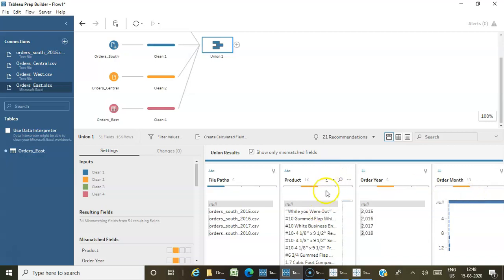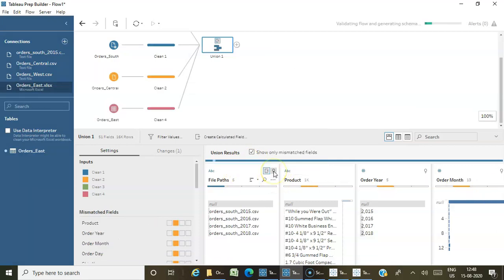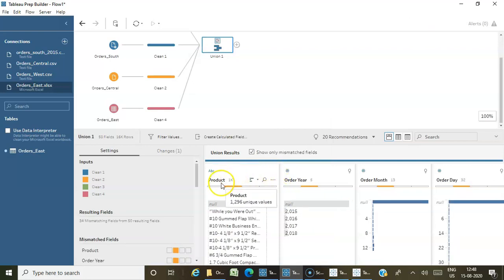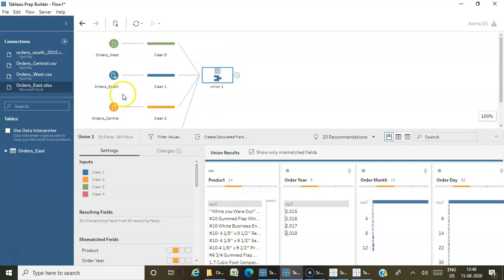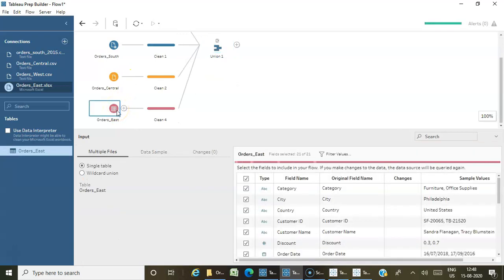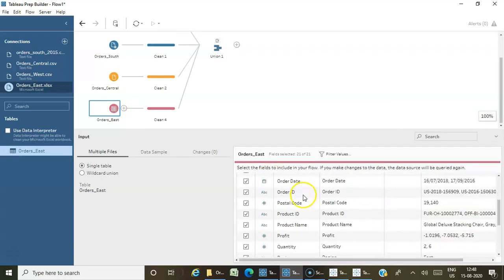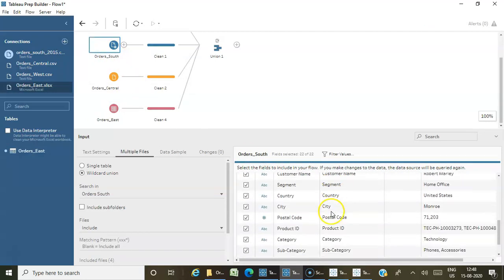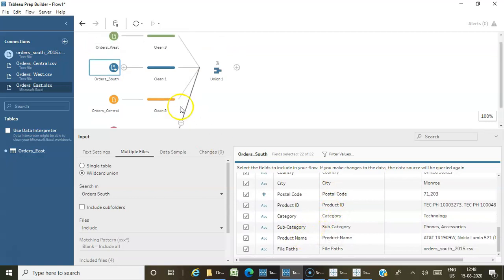Okay, so now we are going to clean all these one by one. We don't need this file path, so let me remove this. First let's see why product is different. Product is different in central from the other files. Let's check on east: we have product name. South, we have product name.